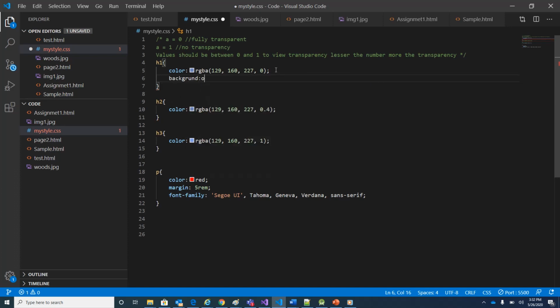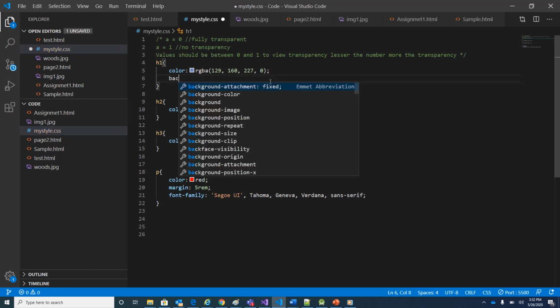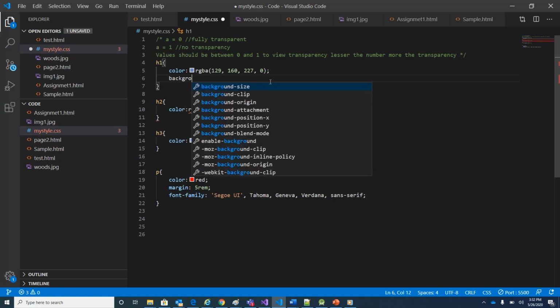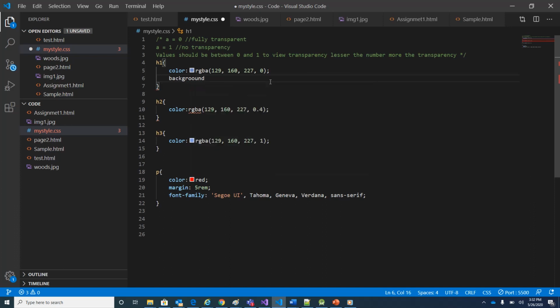Sorry, spelling is mistaken, I think. Okay, so background is orange.